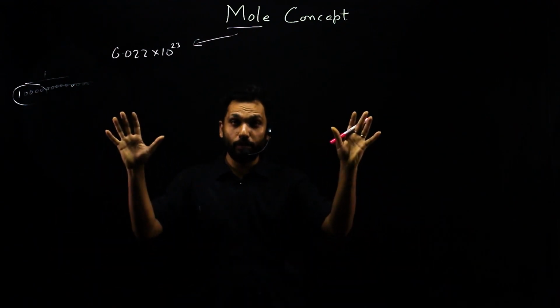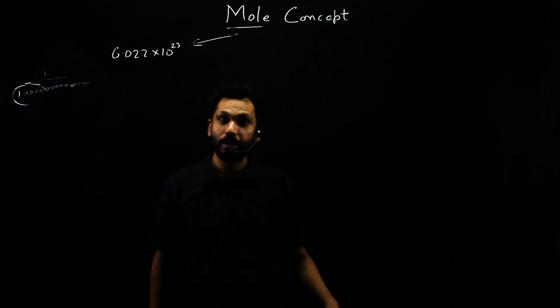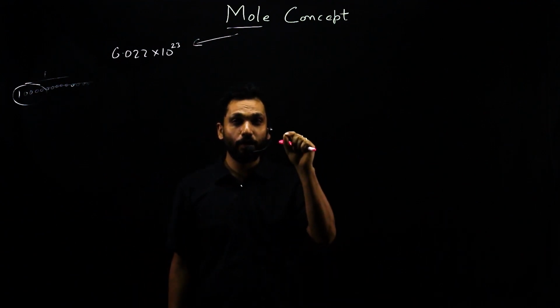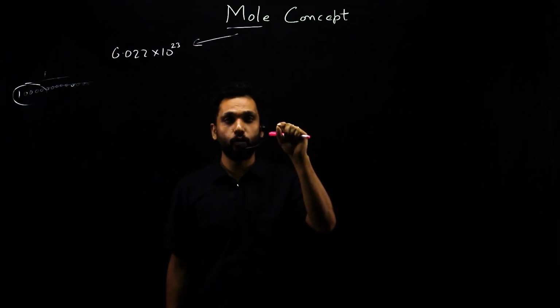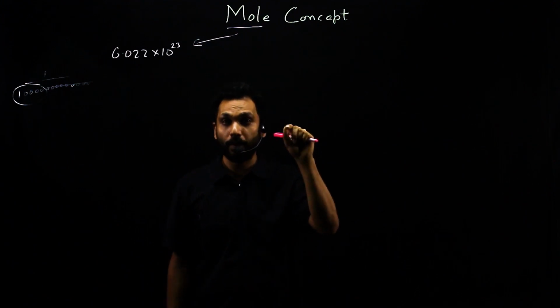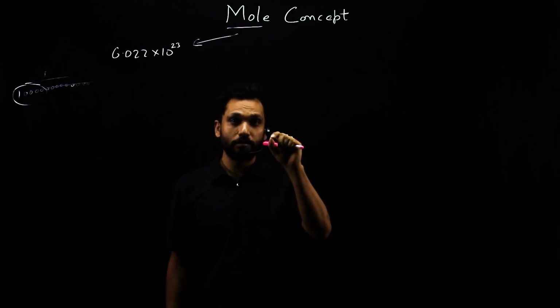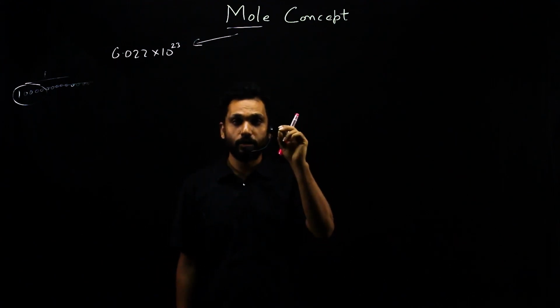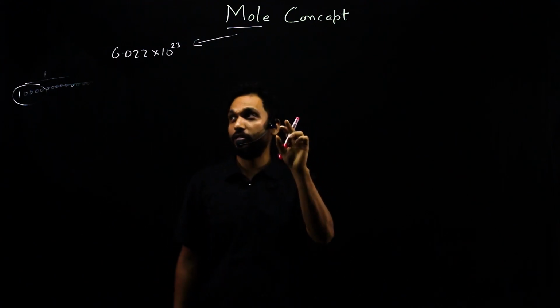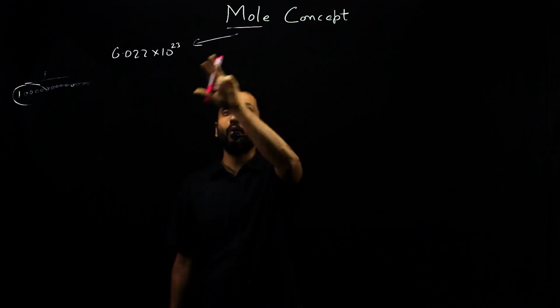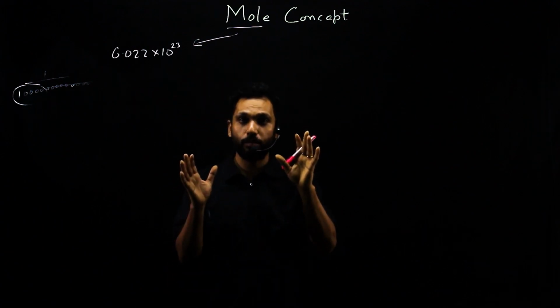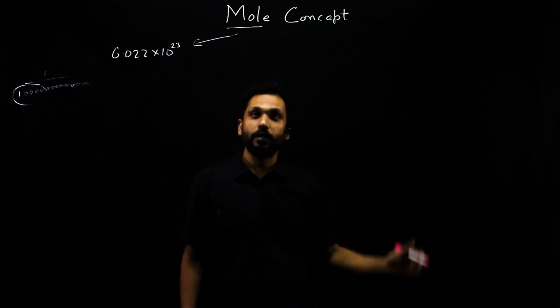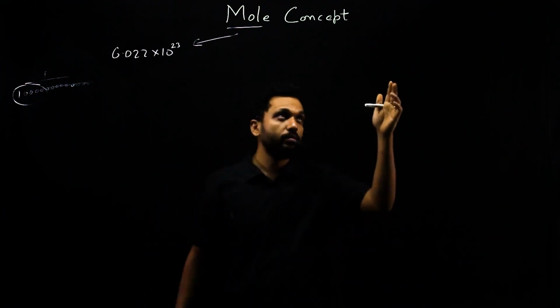Now this huge number is actually required because the atoms are way small. They are very minute, smaller than what you imagine. It's not like the size of a cell. A cell is like billions and billions of atoms. Atoms are way small, and hence a mole of them may be enough for us to see it. So let's actually see how massive the atom is.